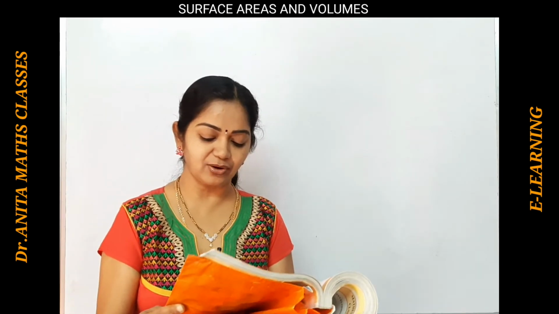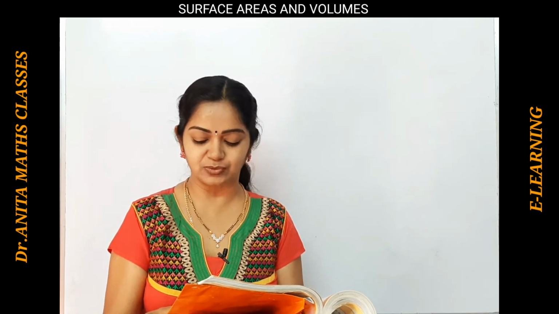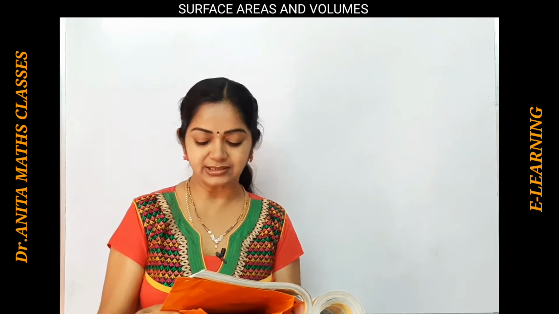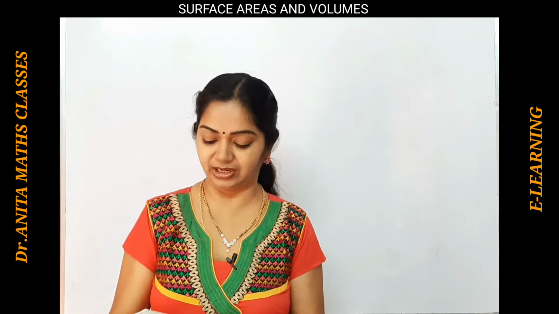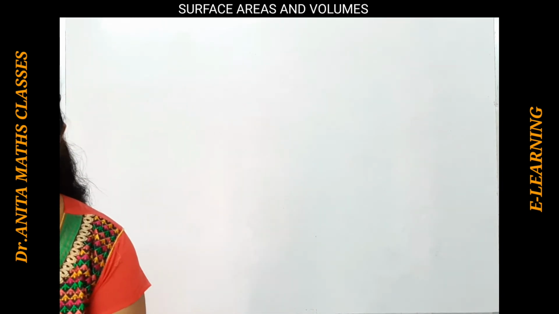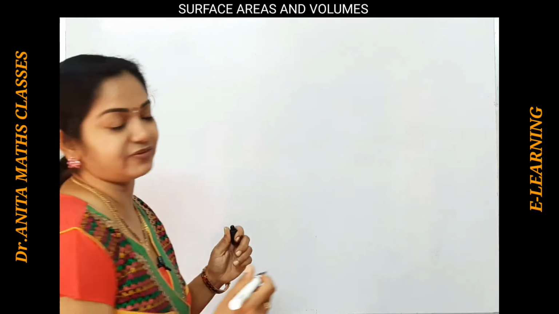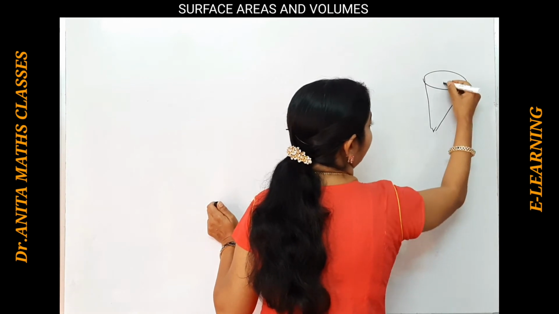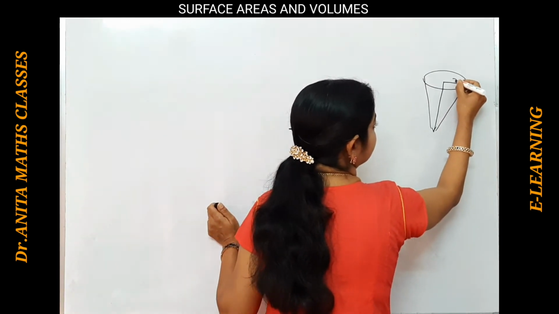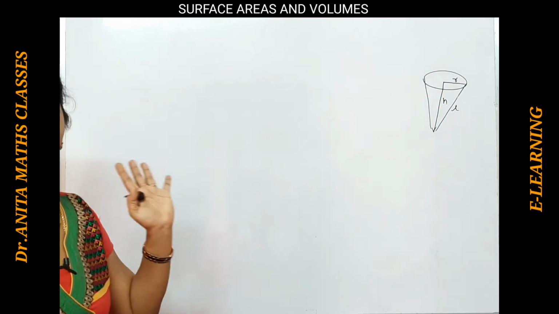Now the fourth problem. The cost of painting the total surface area of a cone is 25 paisa per square centimeter. It is 176 rupees. Find the volume of the cone if its slant height is 25 centimeters. So here given, this is a very interesting and important question. Let's draw here once. So this is the cone. So painting this cone totally, the total surface area, the cost is 176 rupees.